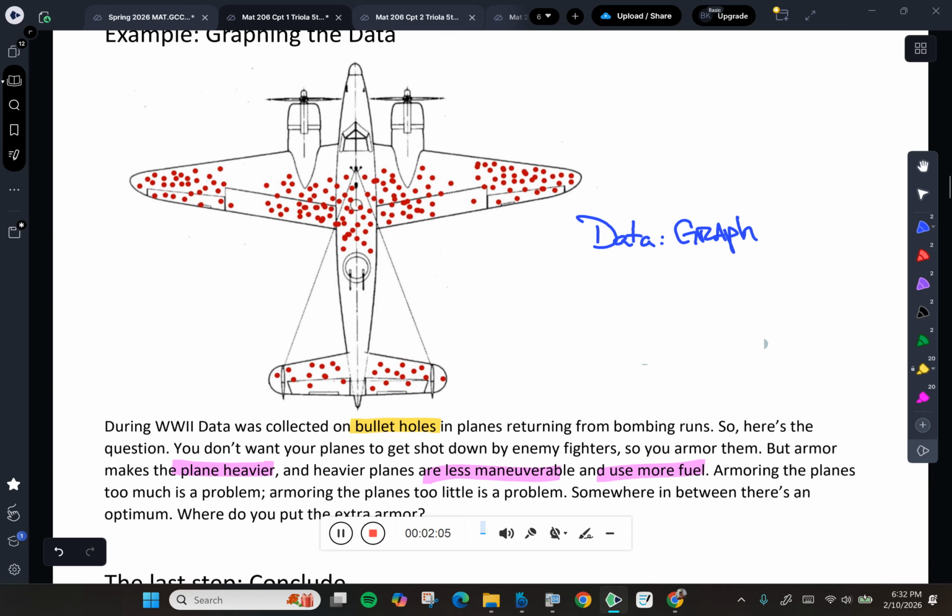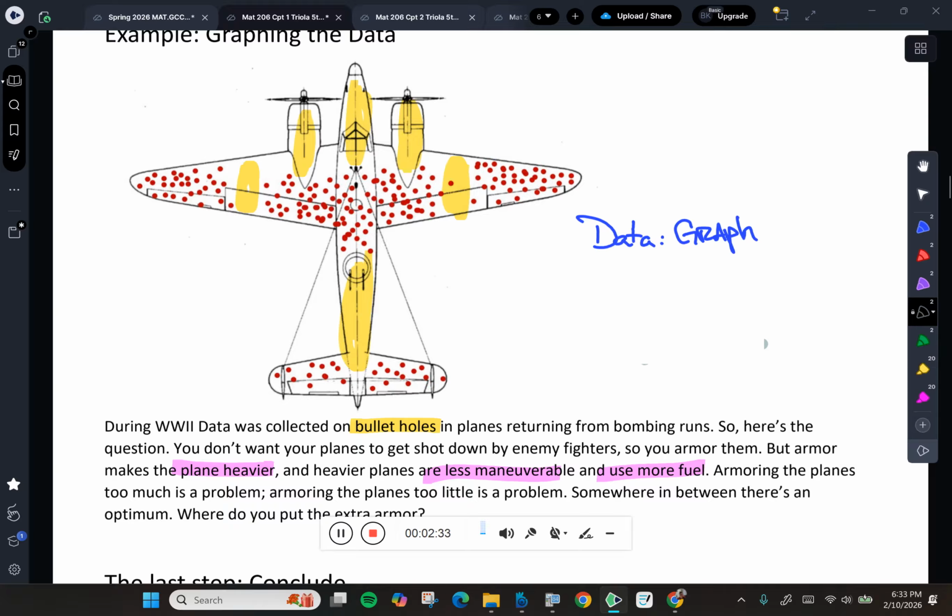Well, one question that was raised was, why are there no bullet holes in these places? Right here and right here. Why are there no bullet holes there? Why is there missing data from this? And one of the guys who worked on this, one of the smarter guys who did the statistical analysis of this, said, "Hey,